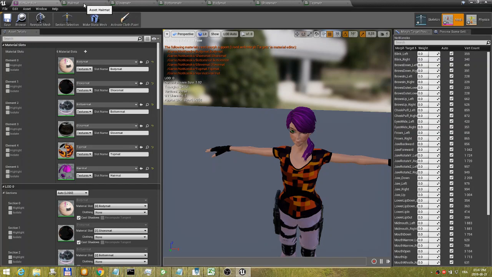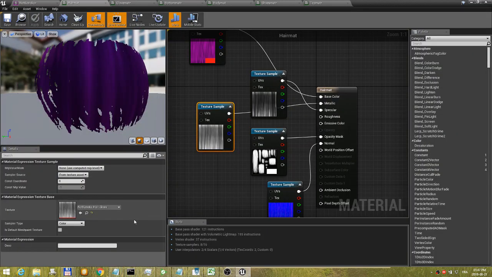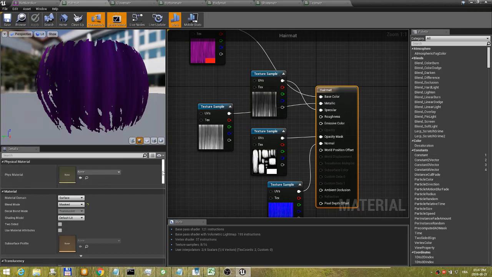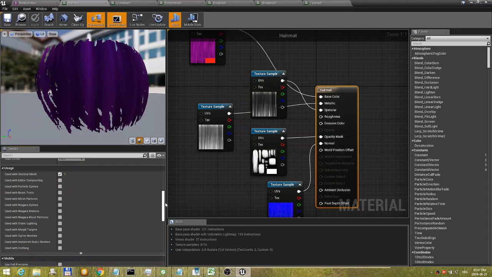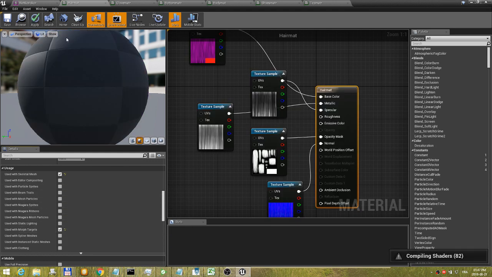So let's go back, for example, to our hair material here, and somewhere in the material we will find the usage section, and we go and find Used with Morph Targets. After we click this, we need to save,